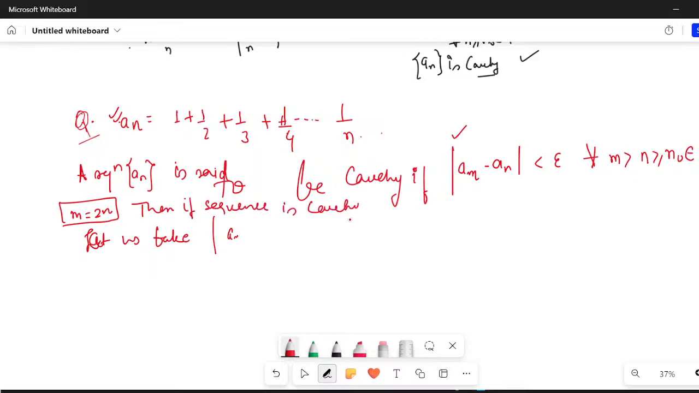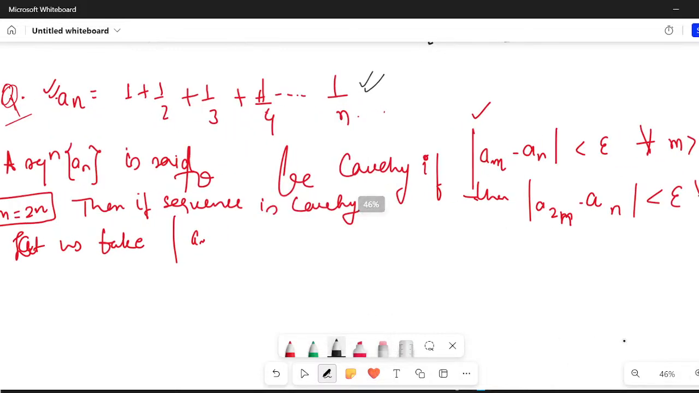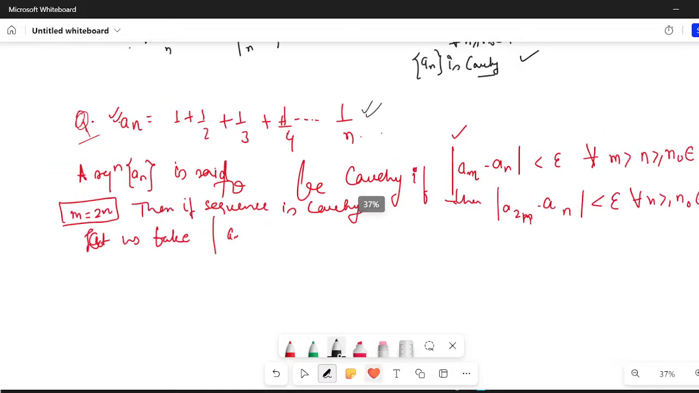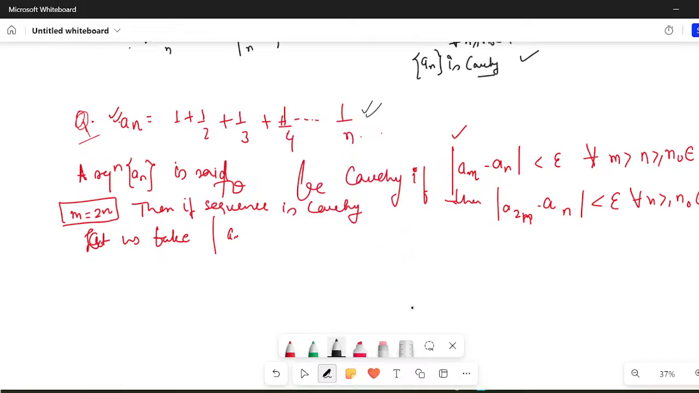then a 2n minus a n can be made less than epsilon for all n greater than or equal to some n naught. So if I'm stating that this particular sequence is Cauchy, then what I can do,